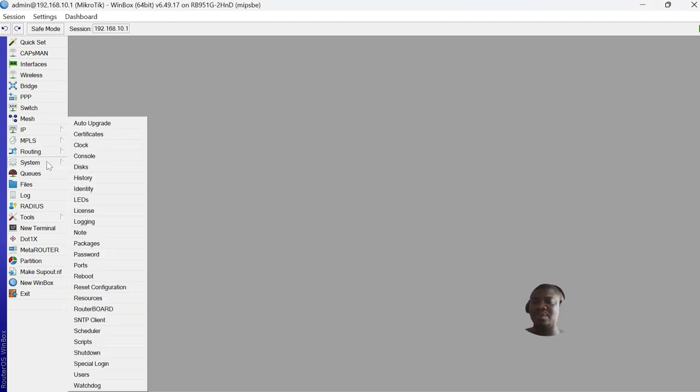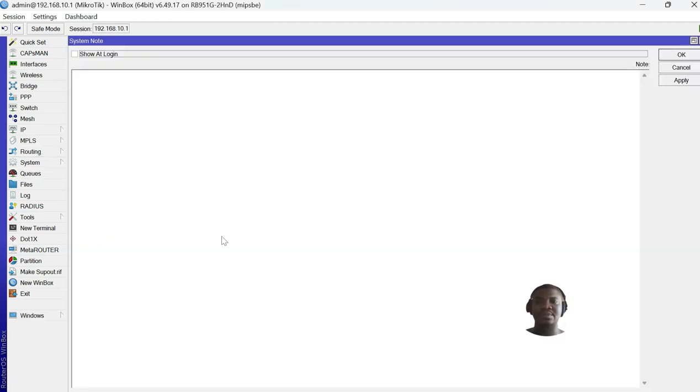To leave a note, you go to System, Notes, right? And then you can go ahead and leave whatever notes that you want to leave here. So let's assume I have a customer and I want to leave some form of information or some sort of details on the customer's device. So whenever an engineer or one of my colleagues logs on, they'll be able to use that information for whatever they need to use it for. So for instance, let's say I have a customer,